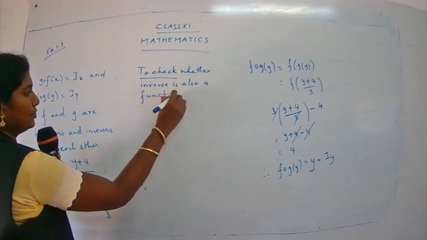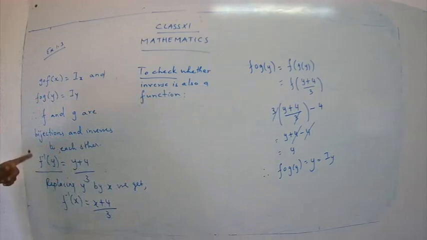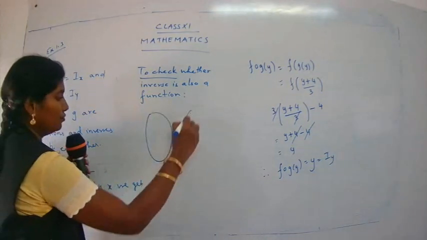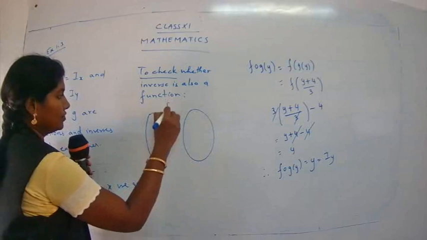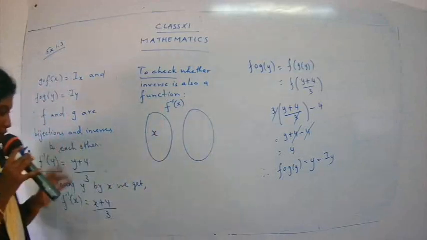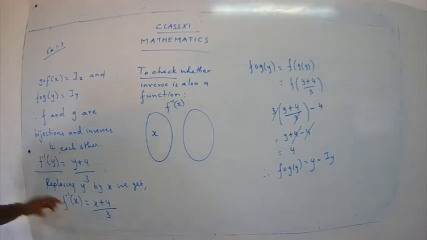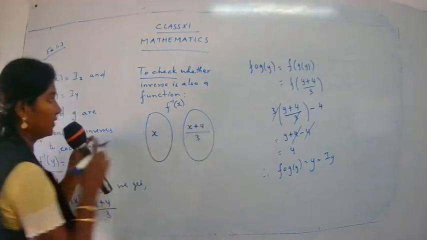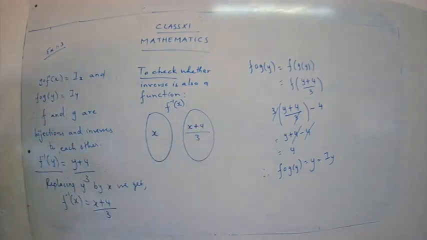So this is what we are going to do. And I have told you to try this part also, so just check whether you have done everything correctly. I have told you to draw two sets over f inverse x. Here I will write x. And what is the answer you have got for f inverse x? Yeah, it's (x plus 4) upon 3. So write f inverse x, x and (x plus 4) upon 3.